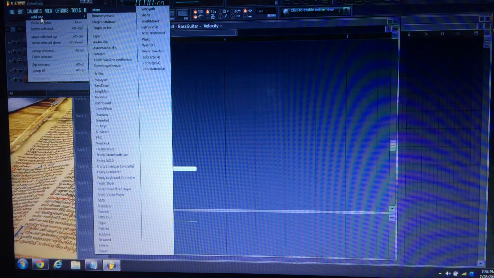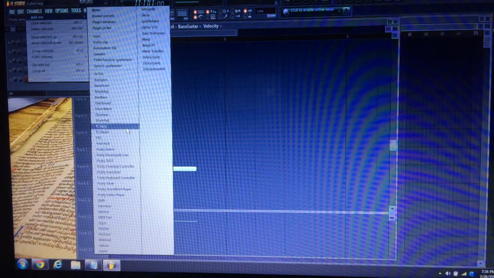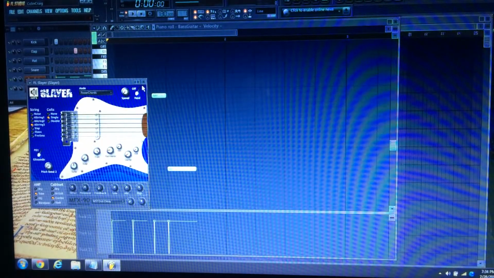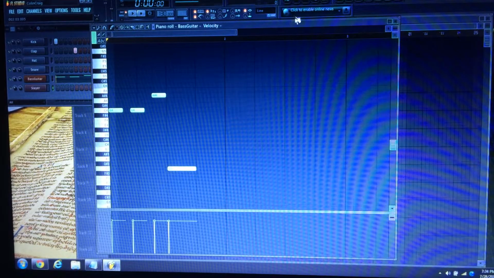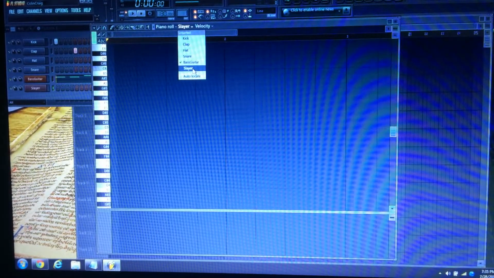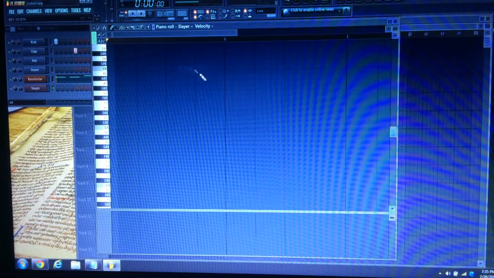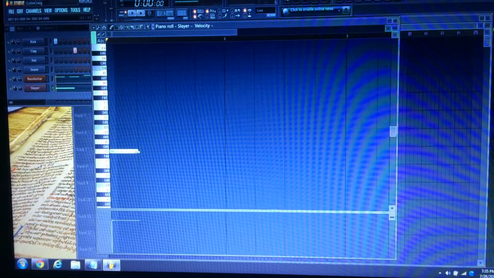So let's add a guitar. I'm gonna go to add a channel again, and I'm gonna do FL Slayer, which is the guitar synth that comes with FL Studio. And then back into my piano roll, and it's already selected the Slayer. This is where you choose which channel you want. And so then I'm gonna map out a guitar